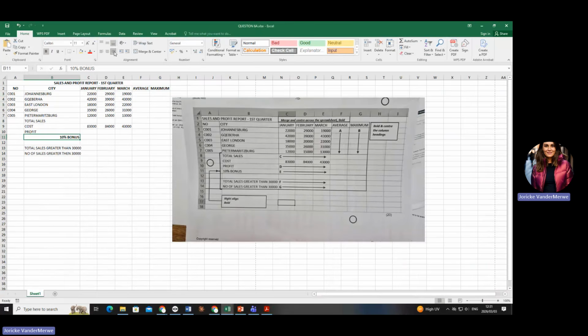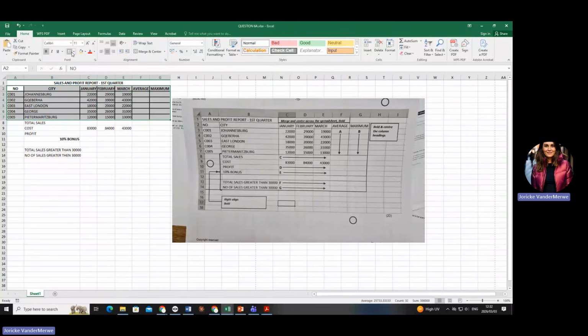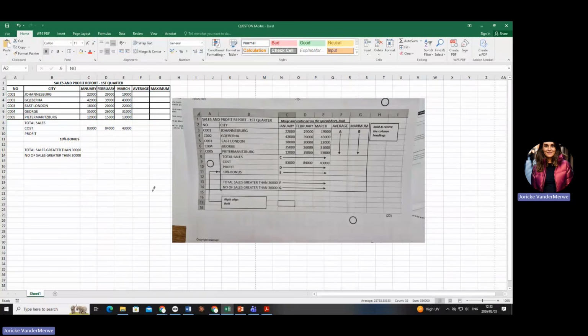Now we can go back to the question that says we need to insert horizontal and vertical lines. Okay. Now, if you look at this one, you will see, do you agree with me that all of this that you see here from A2 all the way to row 7 and column G has borders all in between. Can you see that? Now you can either do this, which makes more sense to me. Just make sure that your line is not on a thick line. It's in a normal line.